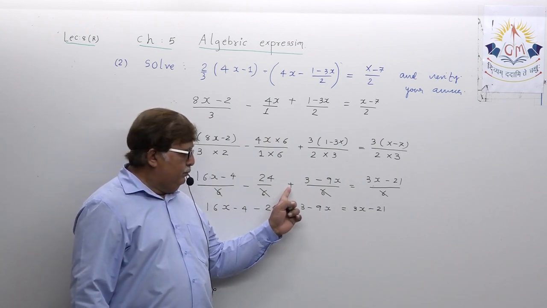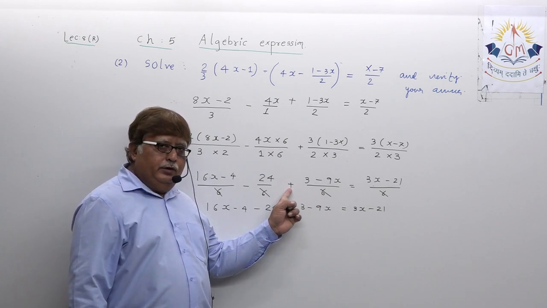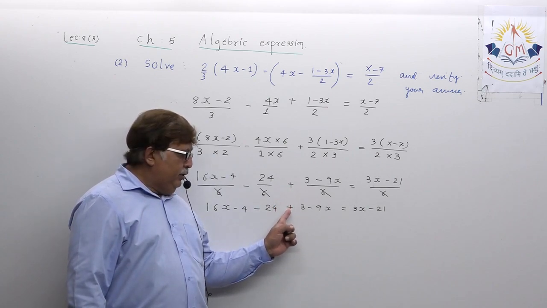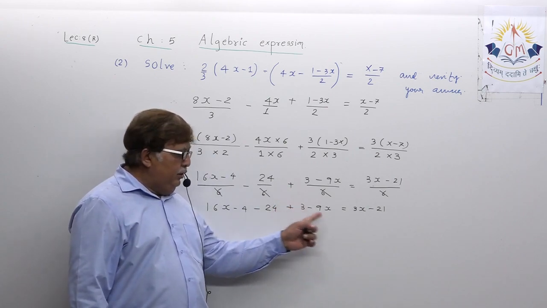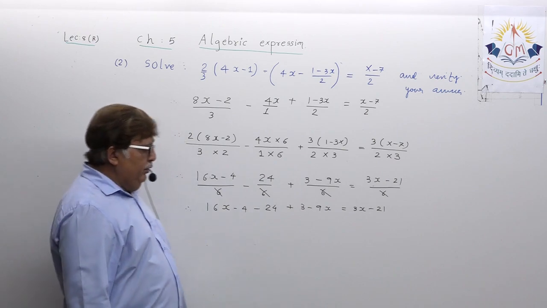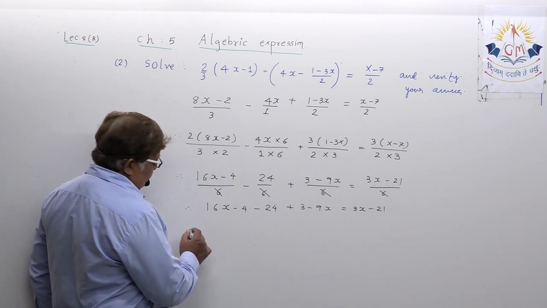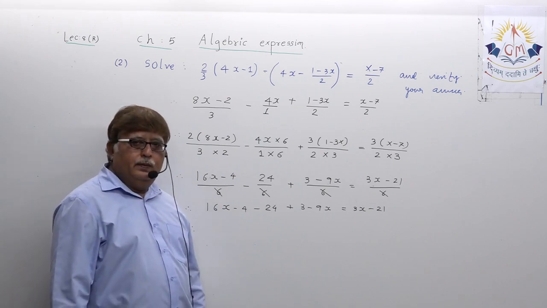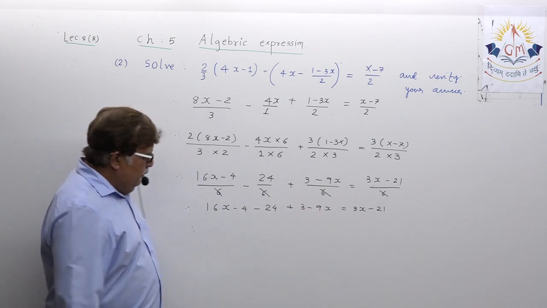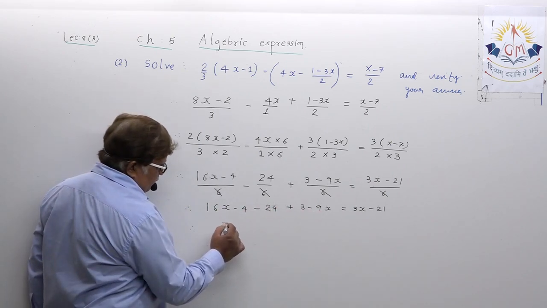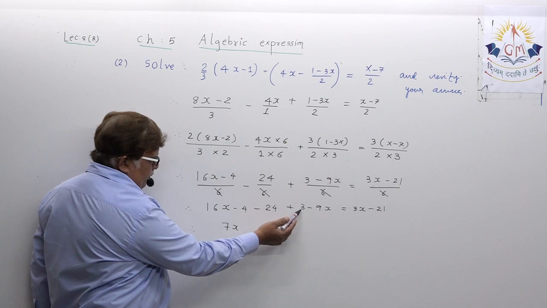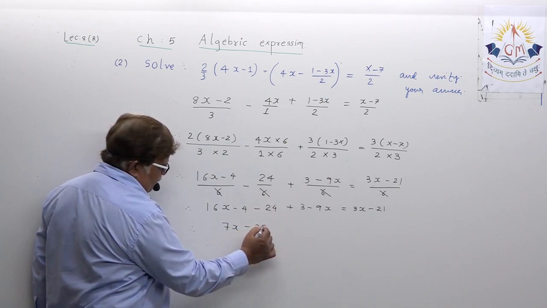If here there would have been a negative sign, suppose, then you must have written minus in bracket 3 minus 9x, that you must be knowing. Okay, now let us solve the like terms. 16x minus 9x, that is 7x, minus 4 plus 3 minus 1 minus this minus 25